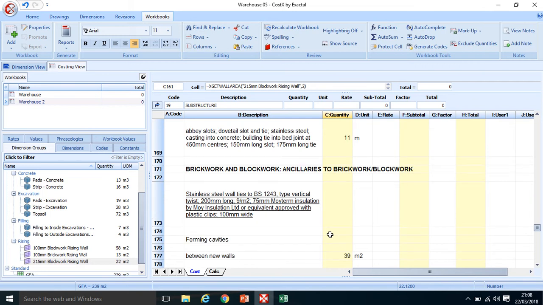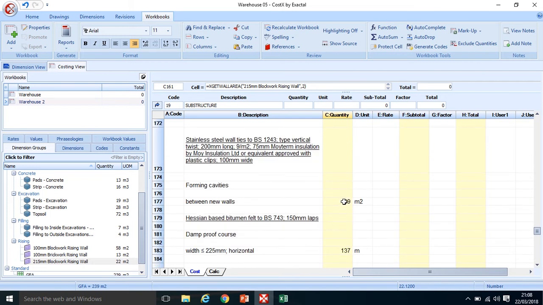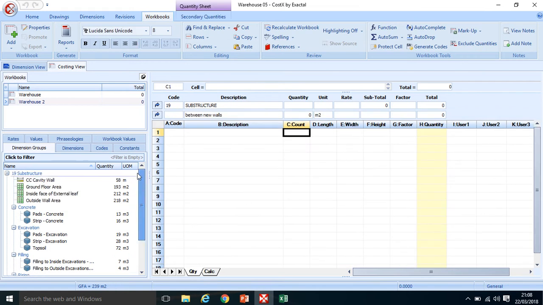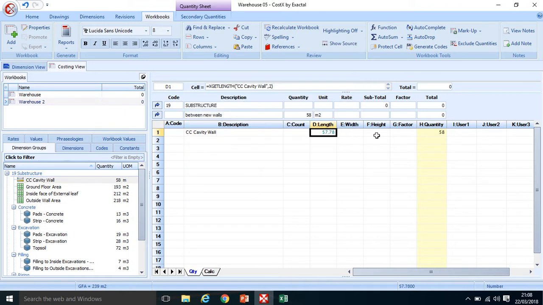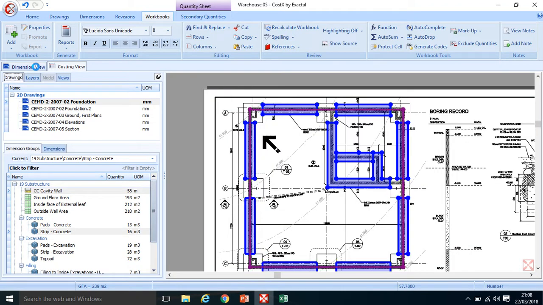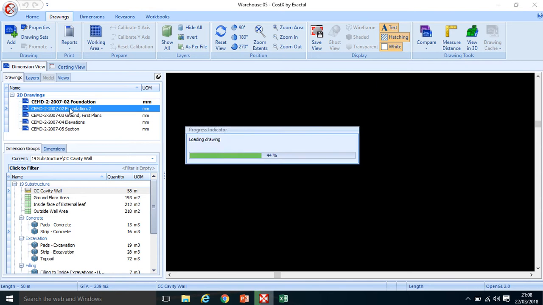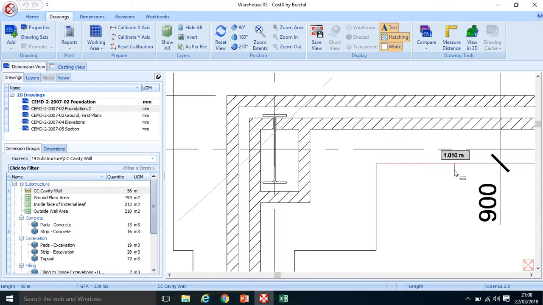That can be measured as well. The forming cavities, I'm just going to delete that, double click in, use my center line again of my cavity wall, drop it in there as a length. And what height am I going to use? I'm just going to go back to my dimension view, click on my foundations,